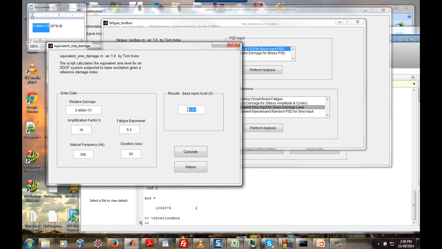So 300 hertz, 2.67 Gs is equivalent in the damage it will cause for a spring mass system with Q equal to 10, natural frequency of 300 hertz, fatigue exponent 6.4, and this duration. I say 60 seconds, but really this duration just has to equal whatever the PSD duration is. So there you are. That's how we can come up with an equivalent sine tone